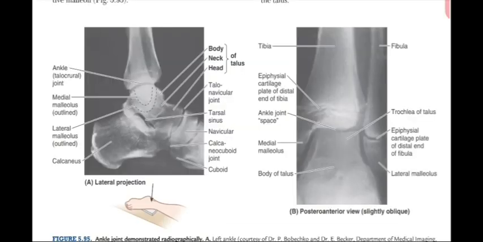Ankle joint is a synovial joint of the hinge variety. It is formed between the tibia, fibula and talus. The joint formed between the talus and calcaneum bone is known as the subtalar joint. The only movements that take place between the tibia, fibula and talus are dorsiflexion and plantar flexion. Eversion and inversion take place at the subtalar joint.